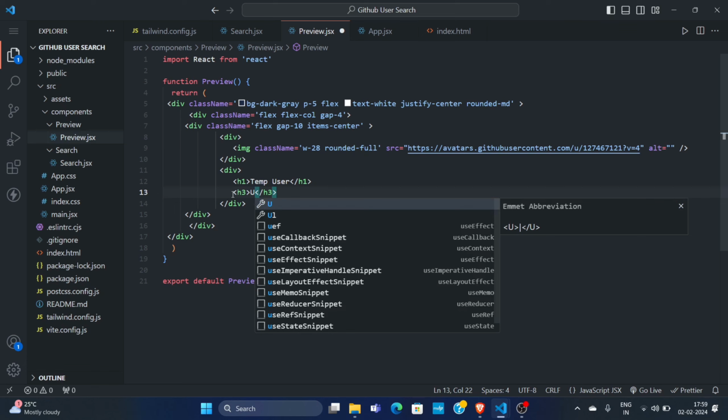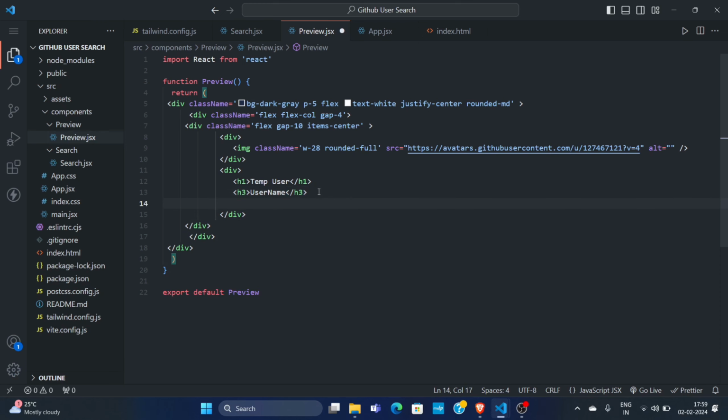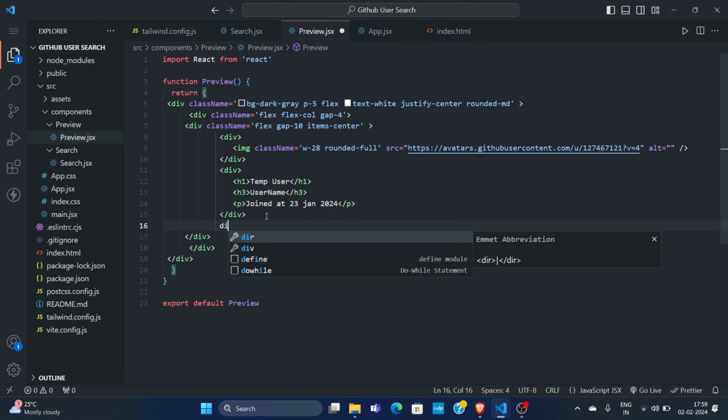So now we'll put a temporary username, and after this h3 we will create a paragraph to show when the user joined GitHub. So, joined at 23 January 2024. Okay, and outside this div I am creating another div